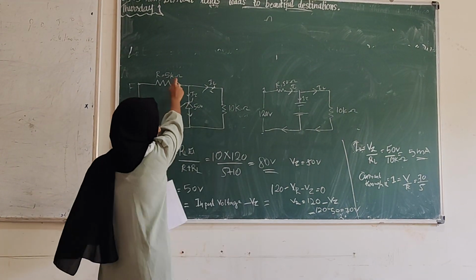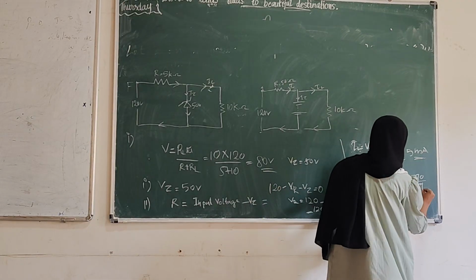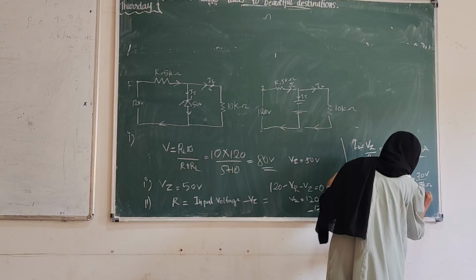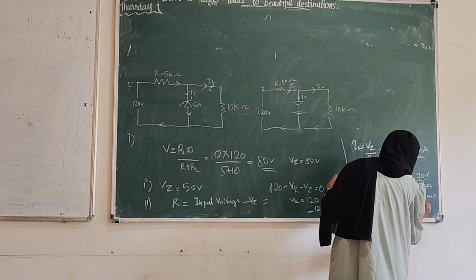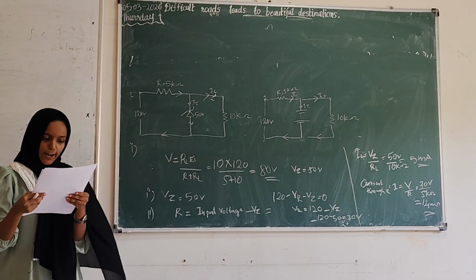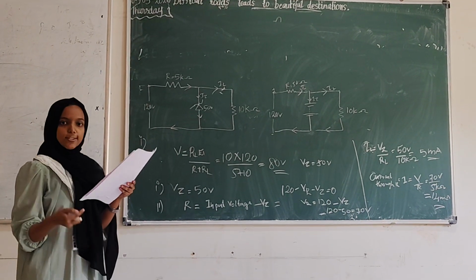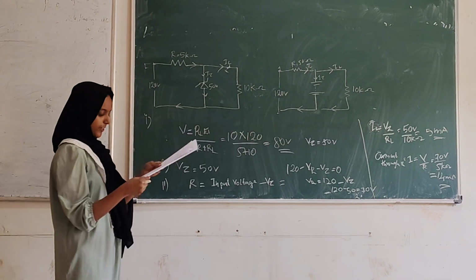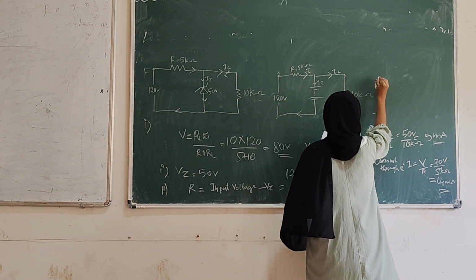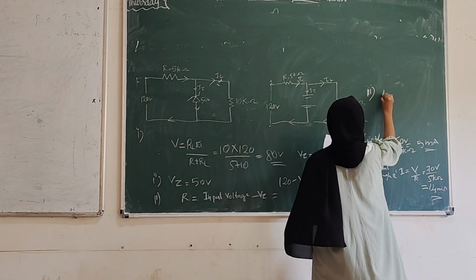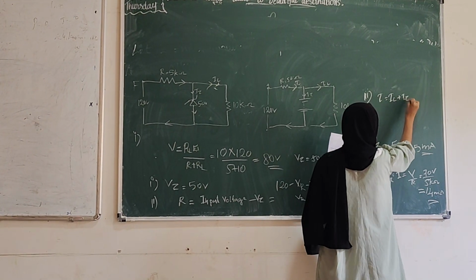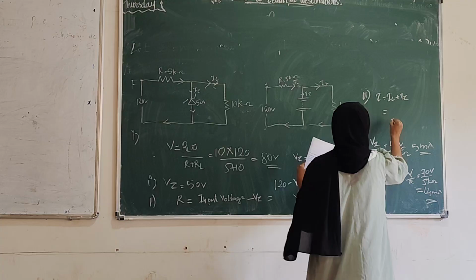R is 5 kilo ohm. That is 14 milliampere. Now we want to find the current through the zener diode. So we apply Kirchhoff's current law: I will be load current plus zener current, that is 5 plus